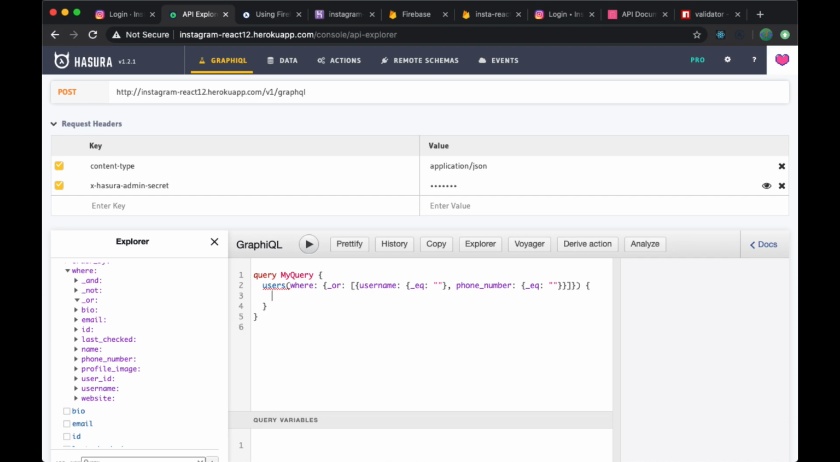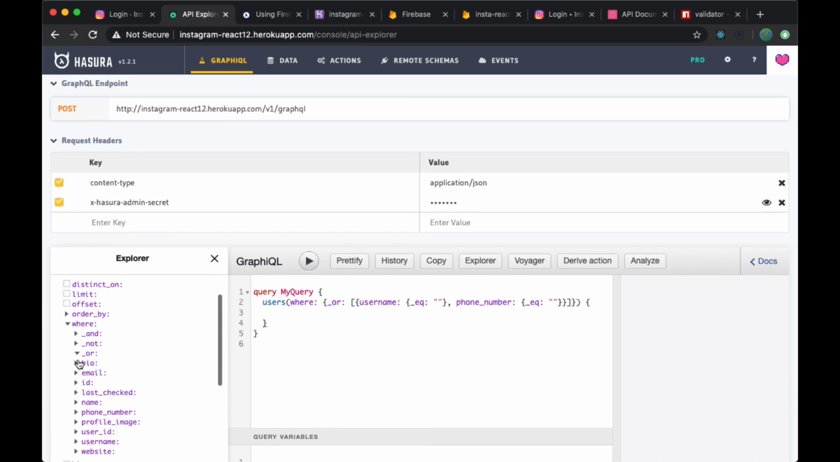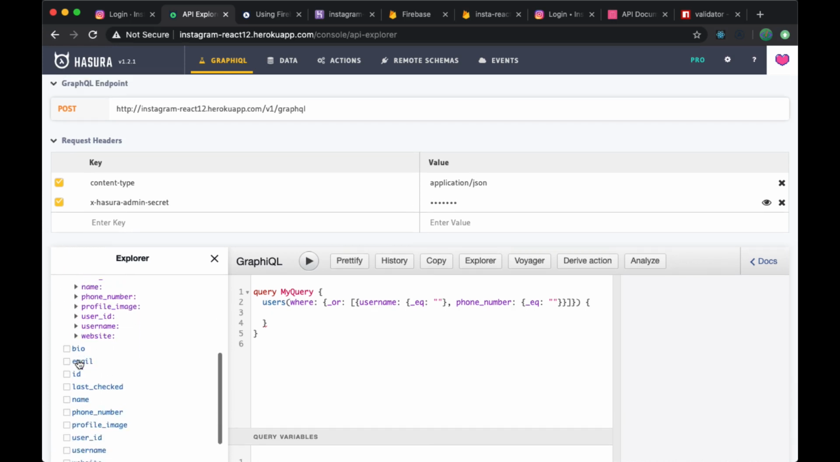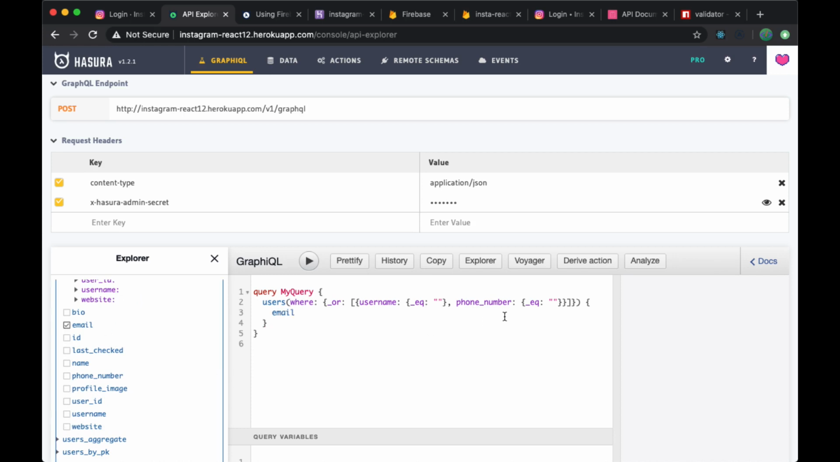And we can add in the return. We can return here the email, because that's what we want. So now we can finish writing this. We'll call our query get user email,